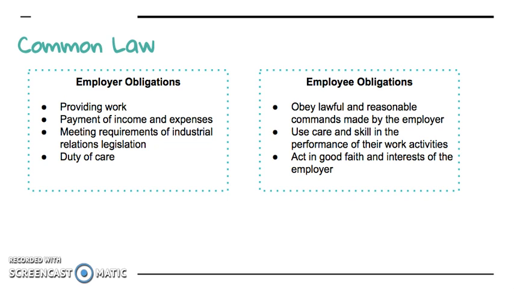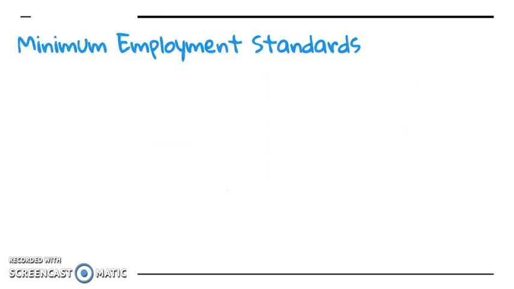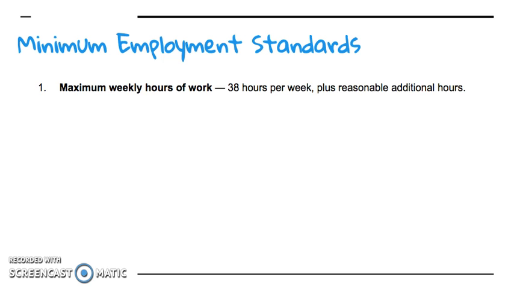Okay? Now, in the current legal framework as well, we've got some minimum employment standards. Now, 10 national employment standards have been developed in consultation with business, unions, and the community. They must be provided by employers and state minimum conditions for employees. They've been planned to provide a greater safety net for employees, particularly for the most vulnerable and low-paid employees in the workforce. Now, these 10 are maximum weekly hours of work,